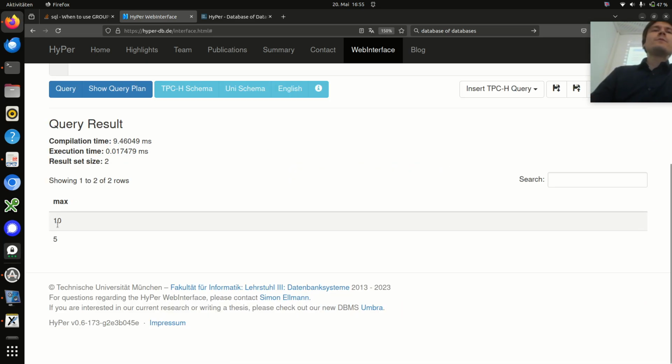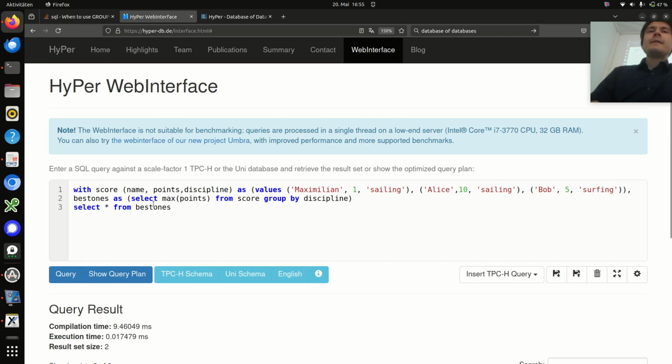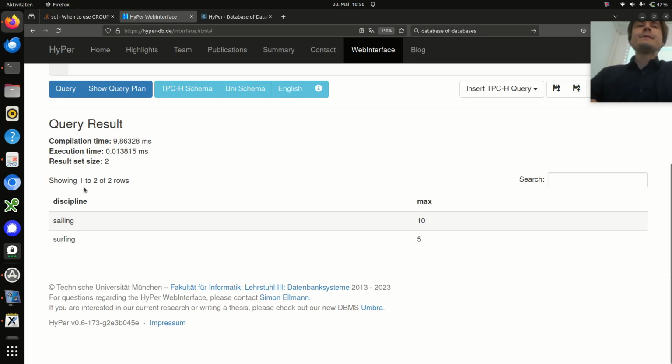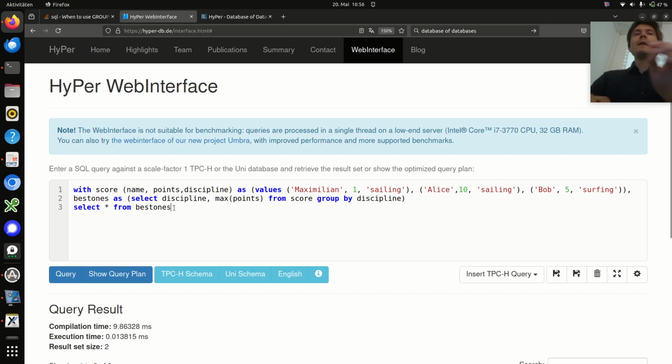So here you get the best one by discipline, and then it's always good to have the grouping key also as part of the select clause. Now you see the best of the points here as maximum, and then we can say, okay, the best ones, we want the names, and how do we get the names? By joining it here from best ones and scores,